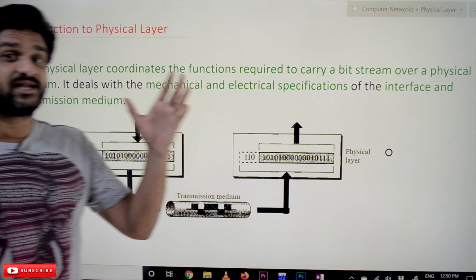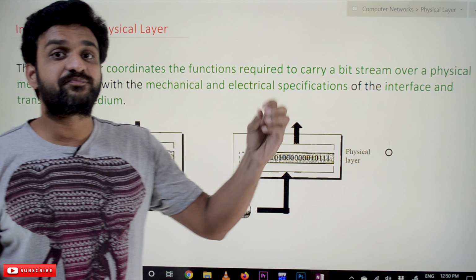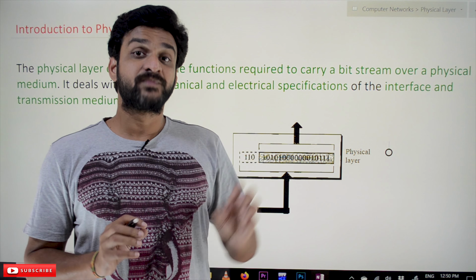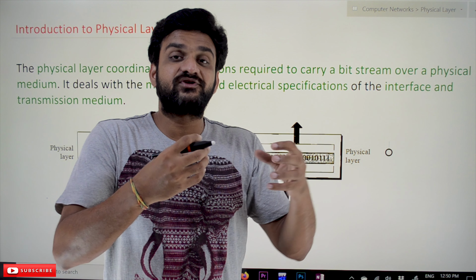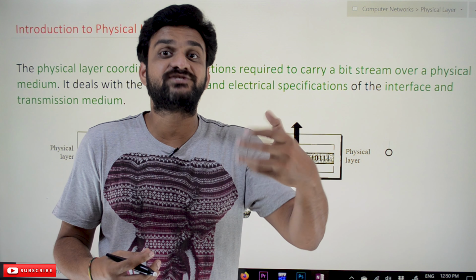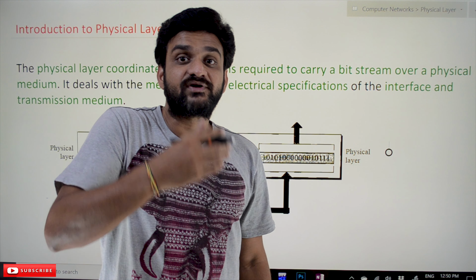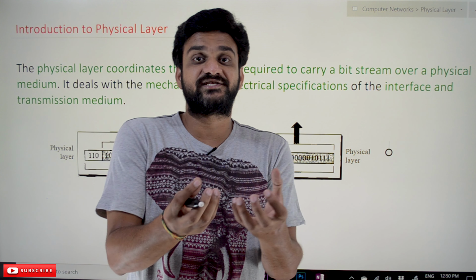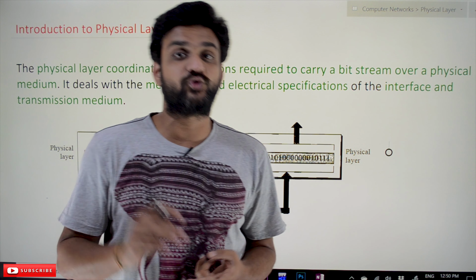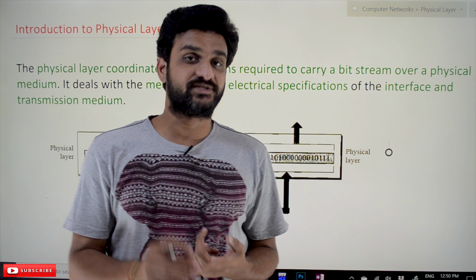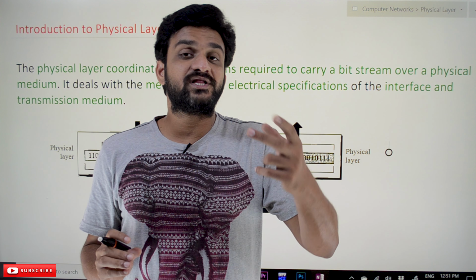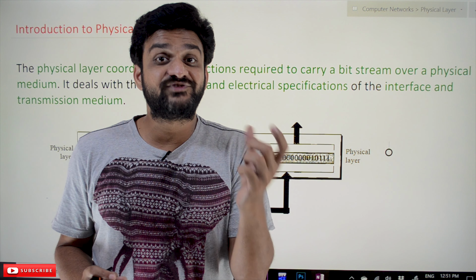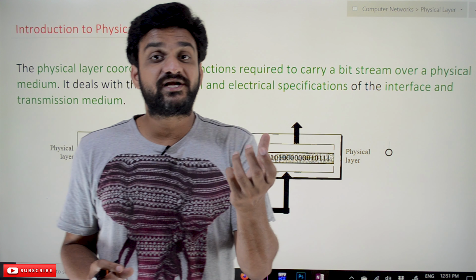So what is the functionality of the physical layer? In our previous video we said that whenever two computers want to communicate with each other, they have to undergo different complexities, and different functionalities are to be done for the transfer of data from one computer to another. In order to standardize those functionalities, we had two reference models called the OSI model and the TCP/IP model. In the OSI model, there are 7 different layers. The bottommost layer, the first layer, is what we call the physical layer.